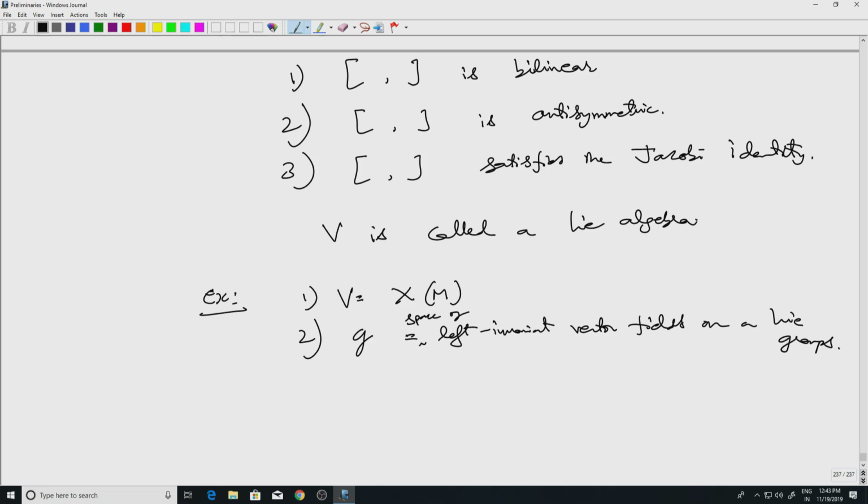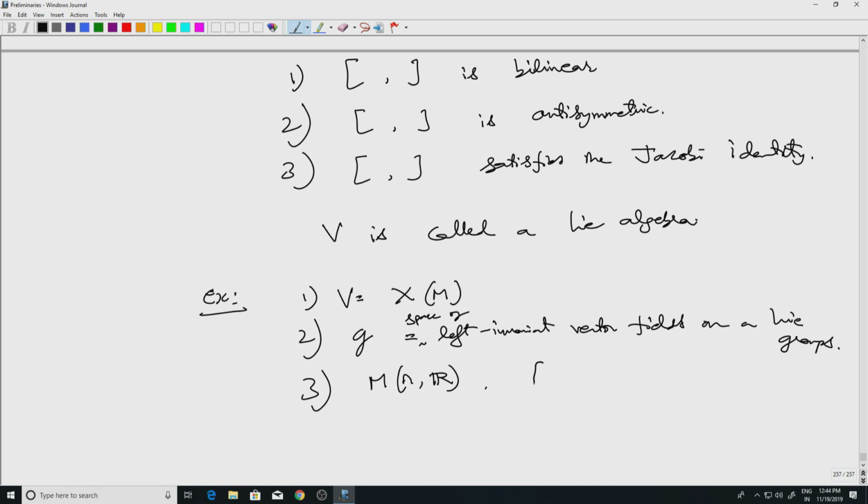What we just showed is that if I take the Lie bracket of left invariant vector fields, we again get a left invariant vector field. So this is closed under the Lie bracket operation, which comes from the more general Lie bracket of vector fields. The third example is, let's look at the set of n cross n matrices,